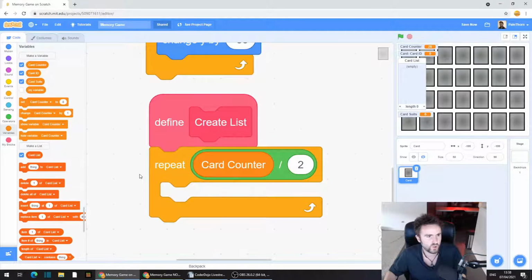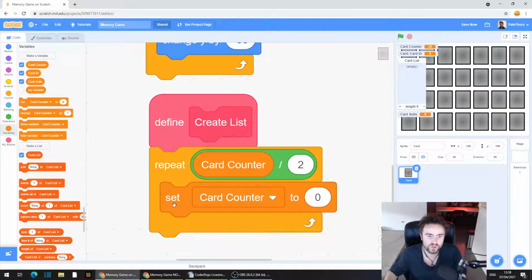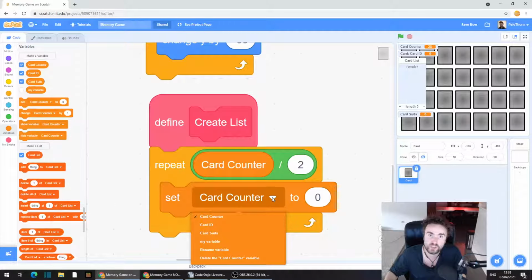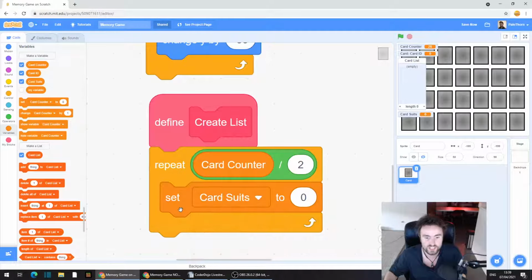Okay, so we need to have numbers that represent what our costumes are of our different cards, right? So we're going to get out set variable. We're going to pull out set, and we're going to click this white triangle, set card suits to,